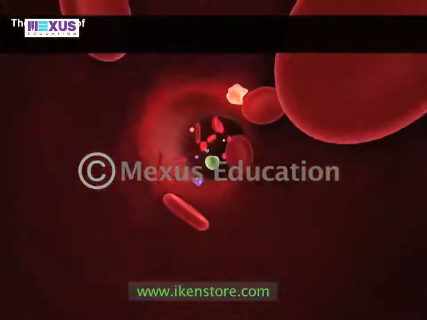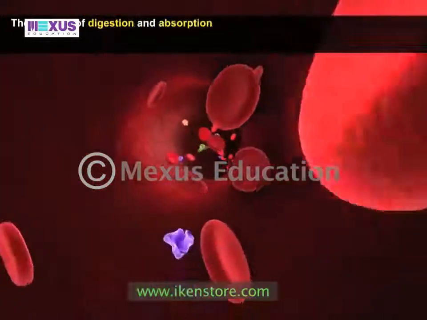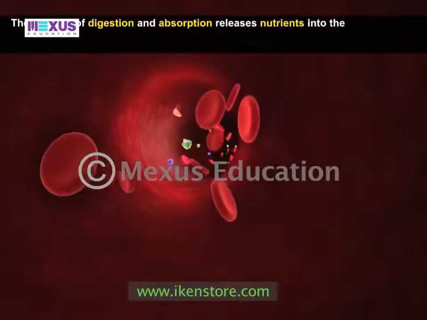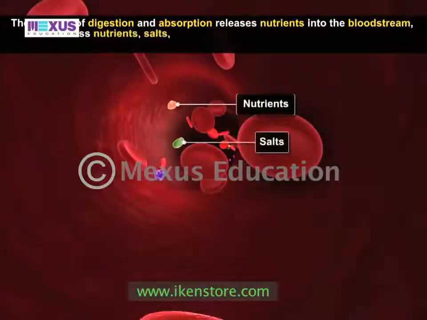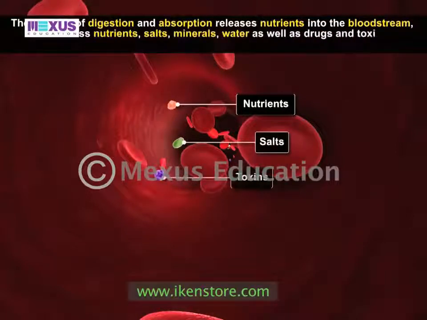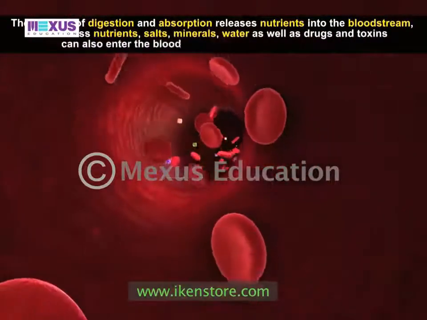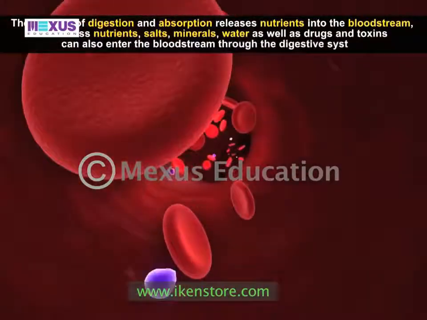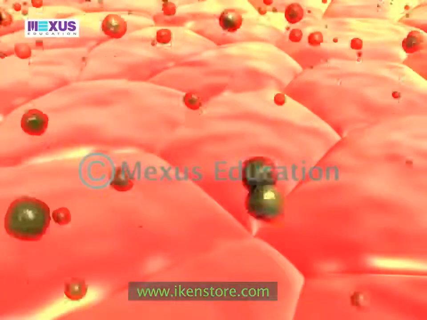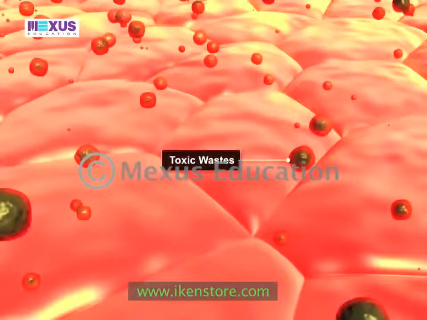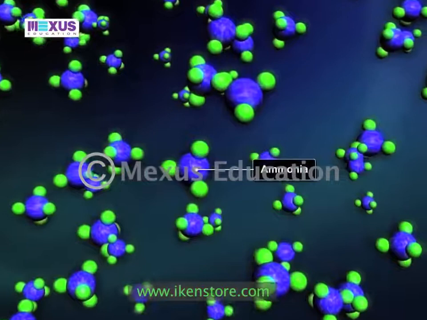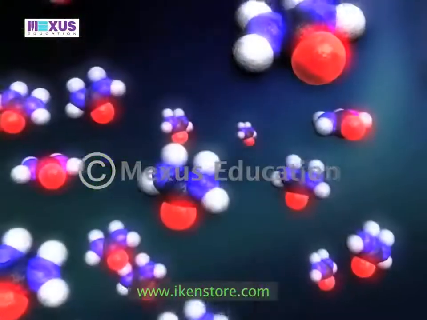The process of digestion and absorption releases nutrients into the bloodstream, but excess nutrients, salts, minerals, water, as well as drugs and toxins can also enter the bloodstream through the digestive system. The cells of the body also release toxic waste products such as ammonia, which is converted into less toxic urea